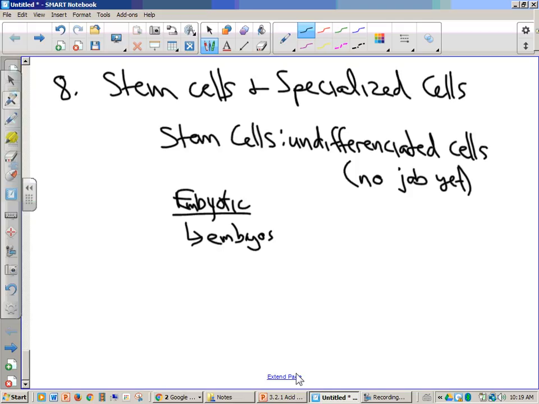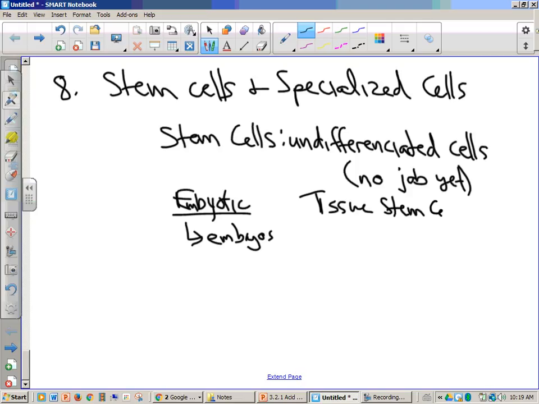Embryos, those are that starting group of cells. As a human, very controversial, because in order to get the cells, you've prevented the development of a human, so that could be controversial. And then we also have tissue